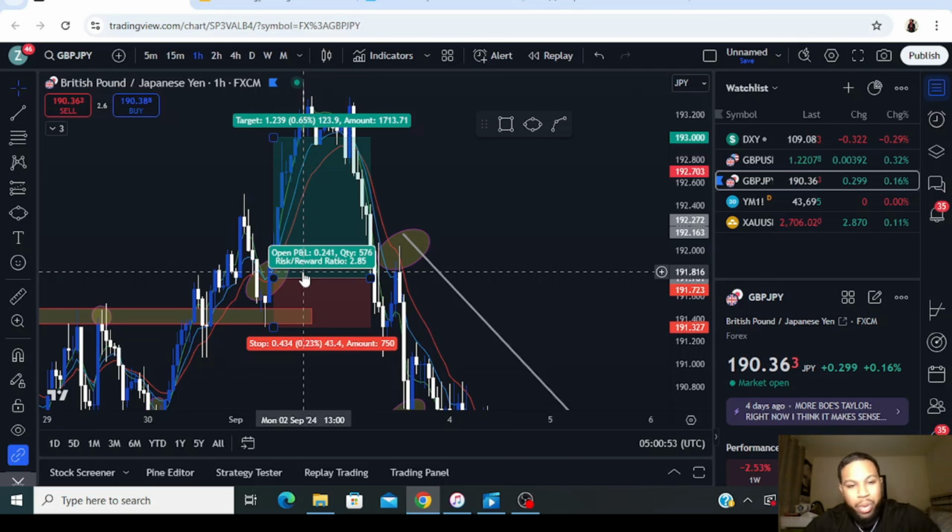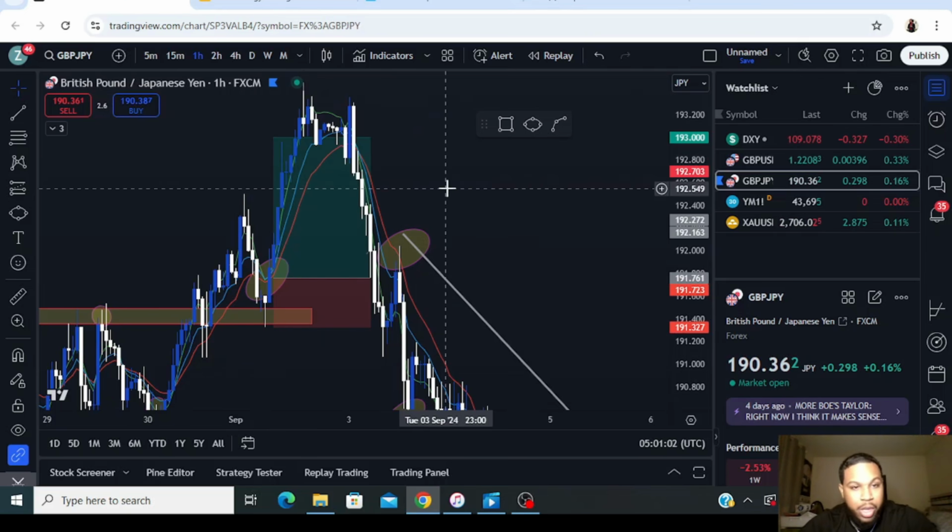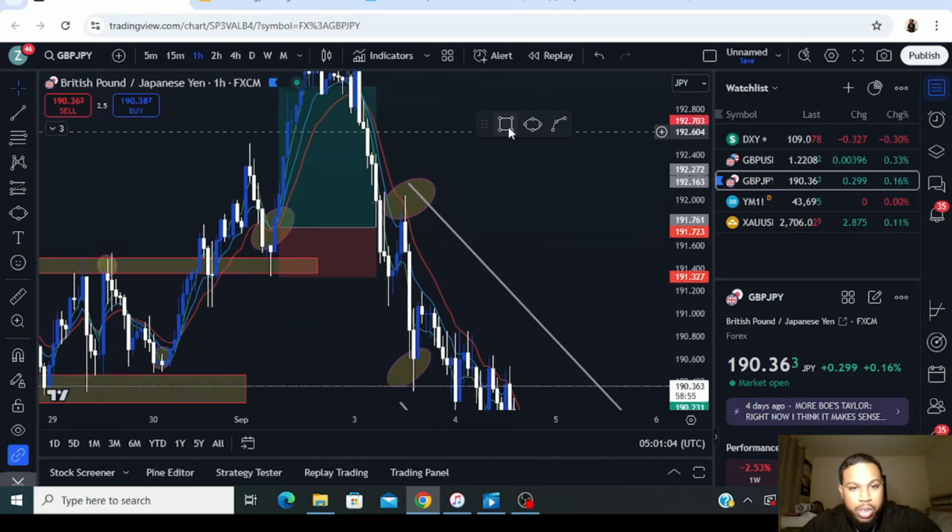Even if it's like a 1.5 or something, as long as you're not risking a big percentage of your account, I would still take the 1.5 if I have all these confirmations. You know what I mean? So let's go ahead and look at this on